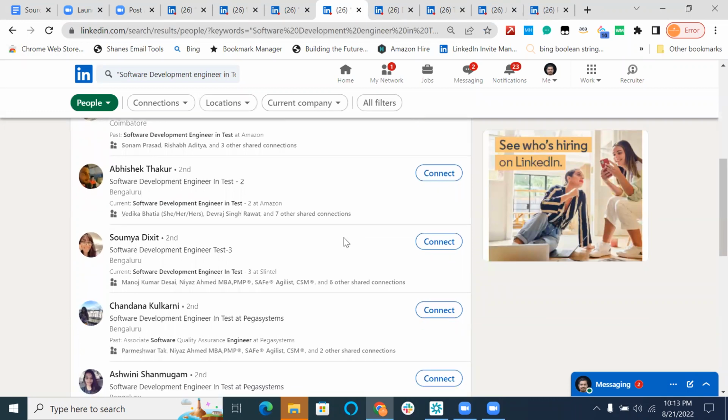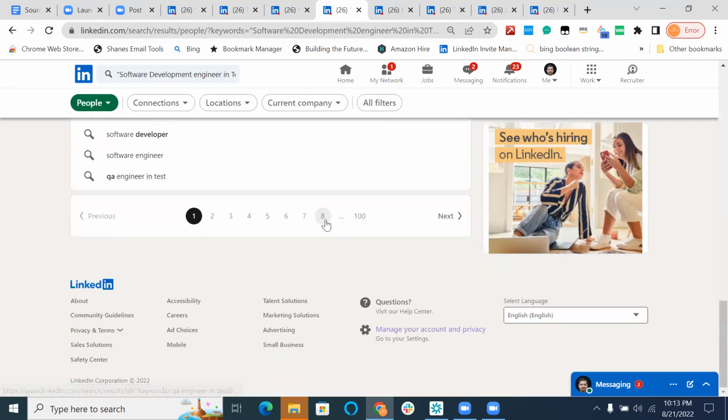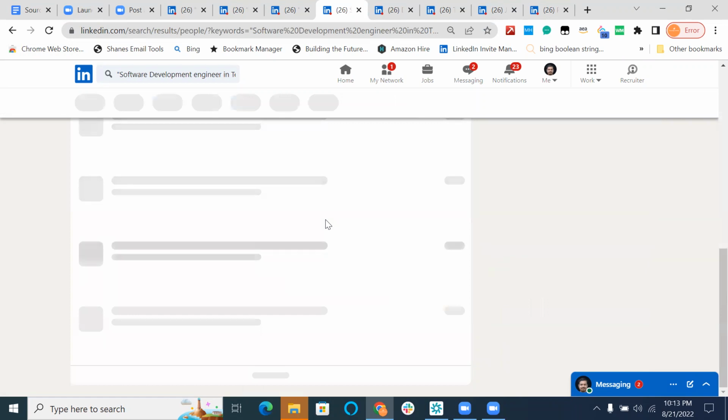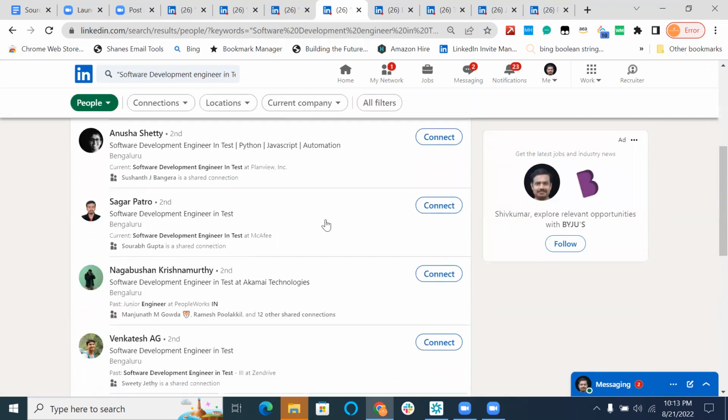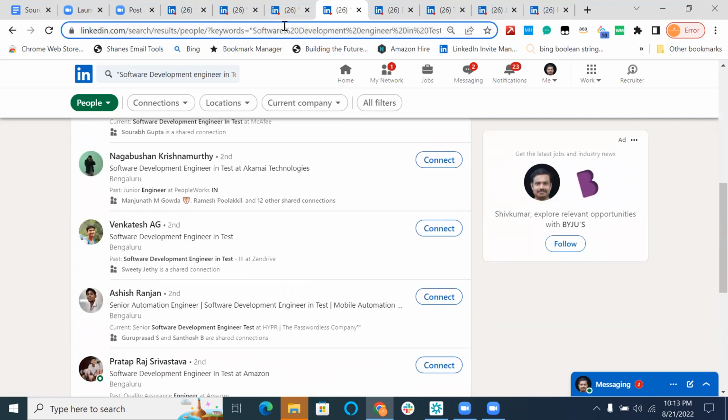Because now these are the results which are giving us the phrase as it is. Even when we go to some of the later pages, we would see software development engineer in test as it is. Let's go to some of the last pages.